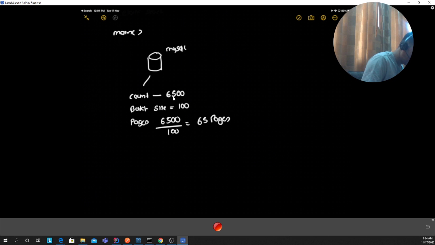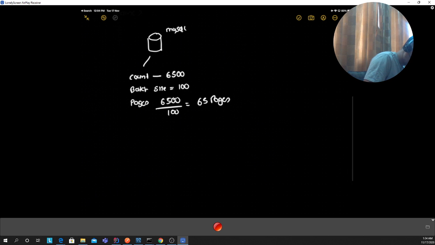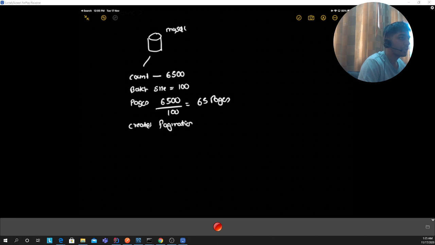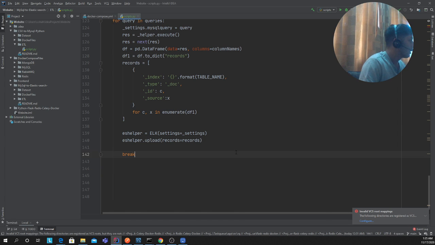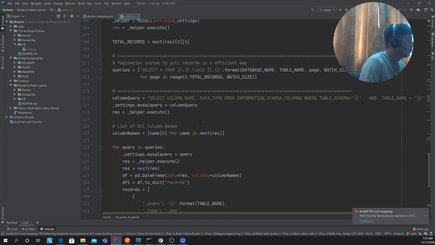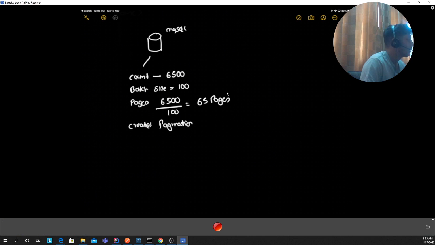Now, for each iteration, I created a pagination query. If I want to show you, I'm actually going to show you the code. So kindly take it easy, let me walk you through everything. That's the pagination query.